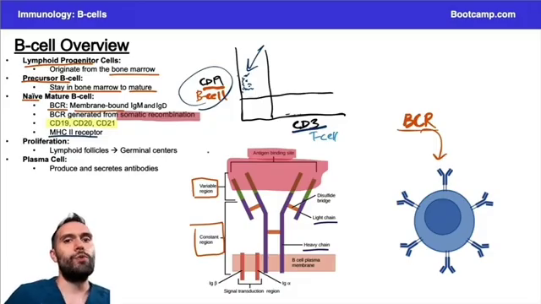Remember, the whole point of an MHC2 receptor is so that you can present antigens to T cells primarily. Remember, B cells are also antigen-presenting cells. It's not just dendritic cells and macrophages, right? B cells can also present antigens. So, for example, how would that happen, right? If I had some antigen floating around in the body,